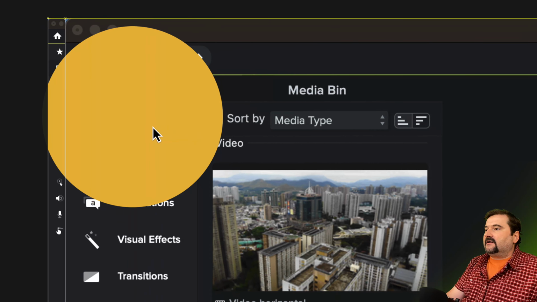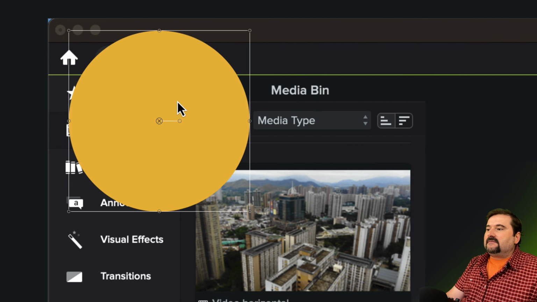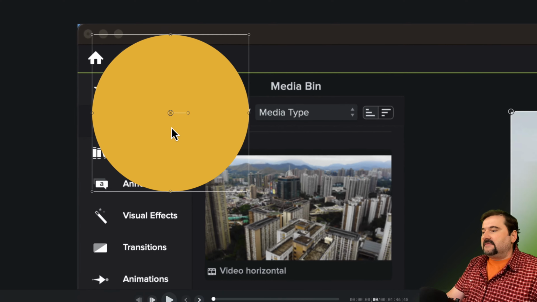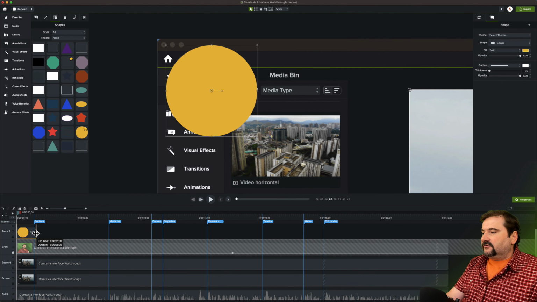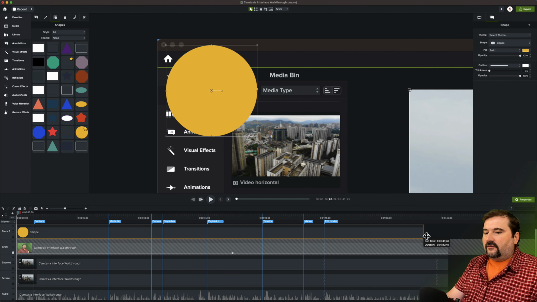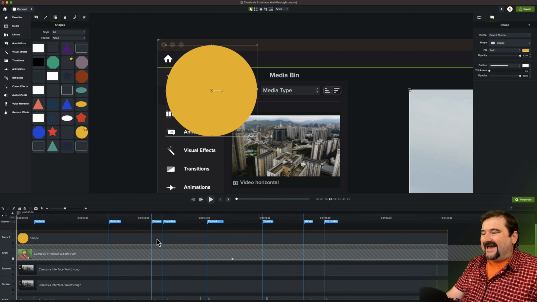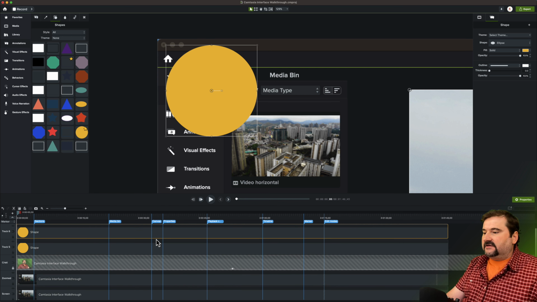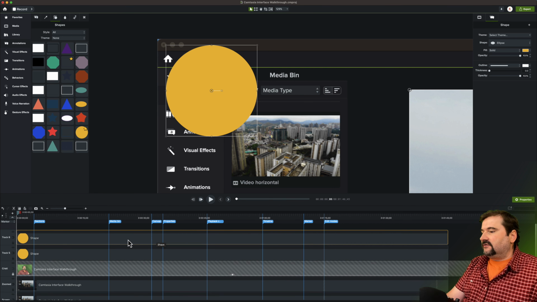Okay, so let's put this back in here behind it, and let's apply a media mat to this. Before I apply a media mat to it, I want to extend it to be for the whole duration of my project like this, and I will make a copy of it. Command C, Command V to paste, Control C, Control V on Windows. So I have two of them. The reason is I want to show a border around it, and because one of them is going to become a mask, it's not going to show the borders either. So I need another one to create the borders.